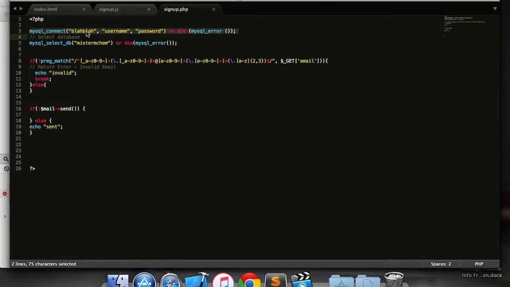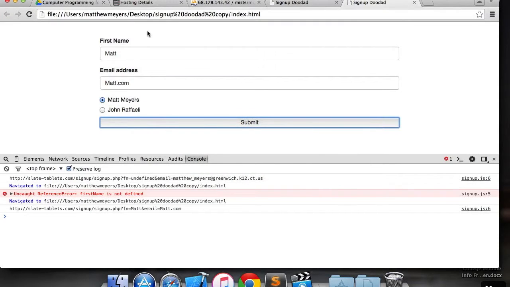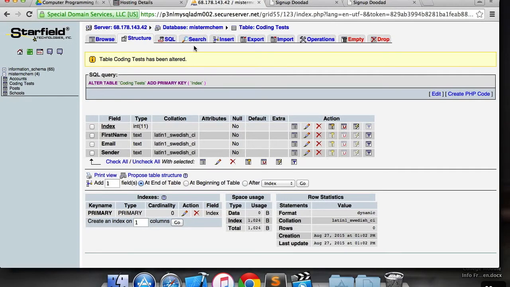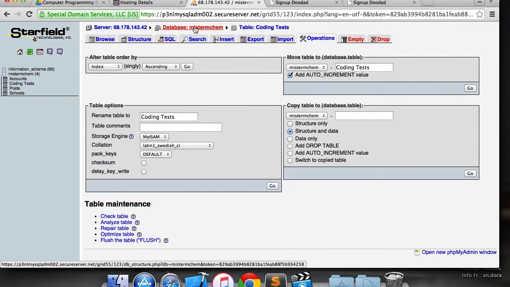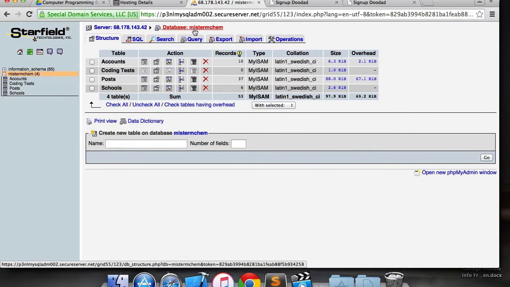Next part, you need to connect to your database. This is where your database address, which we'll get in a second, goes, your username, and your password goes. I'm not going to be showing you mine because that would be stupid of me, but you need to put yours here. And then in your address, what you do is you go to your database here. Let's see if I can remember how to do this. It's not operations. Silly. You go to your database and